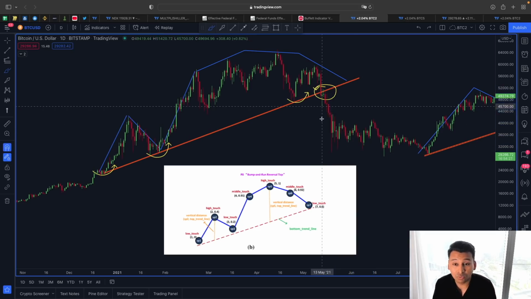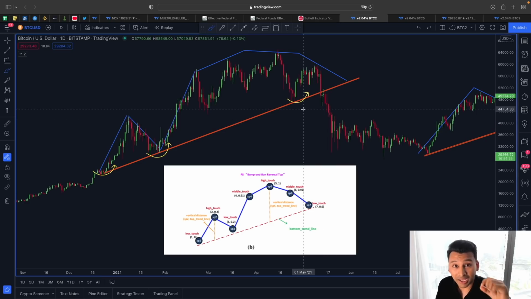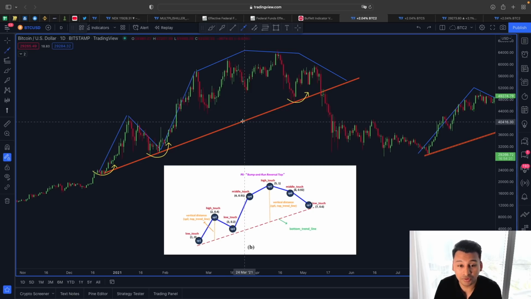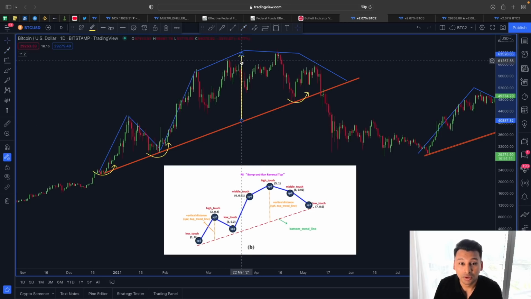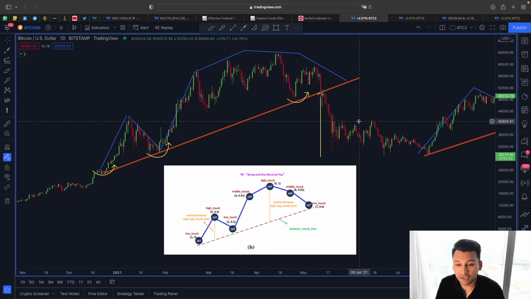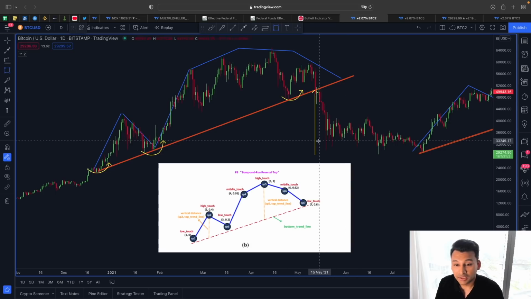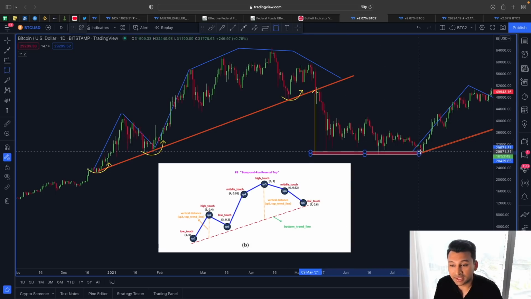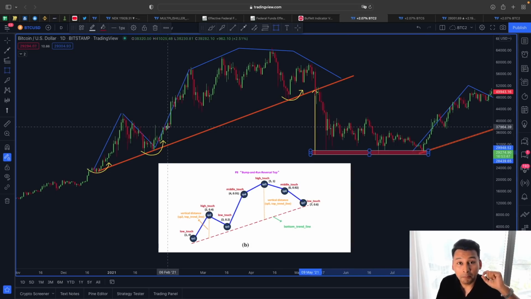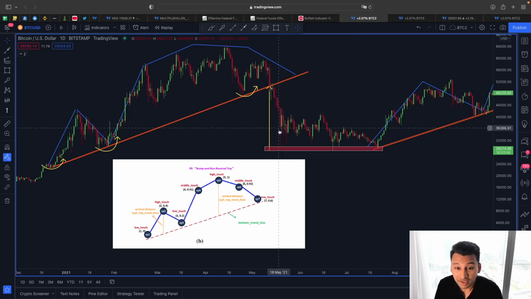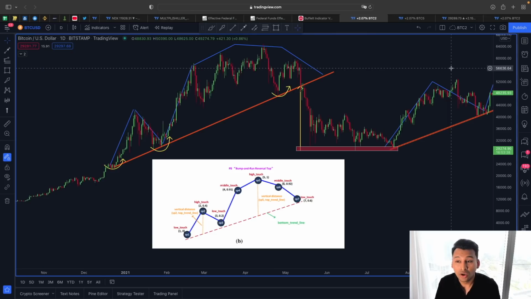But if we look at this downward price movement, where it went and when it ended, according to this bump and run reversal top, the price target is measured mostly from this bottom line till the top. So if you look at this lower price target, you can see the price of Bitcoin came exactly to this target from this bump and run reversal top, started consolidating around that area, and after this longer term consolidation, we started this new markup phase.